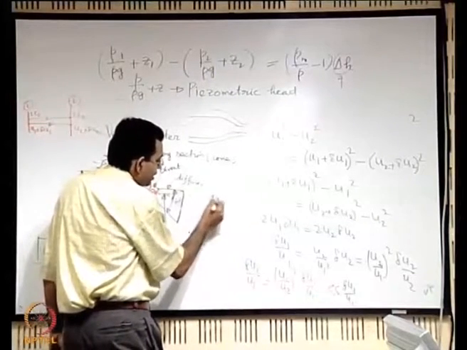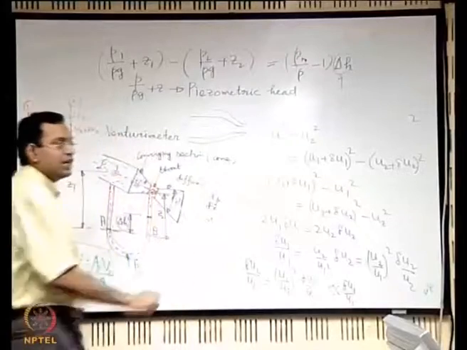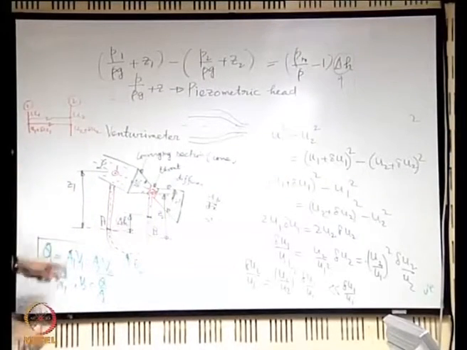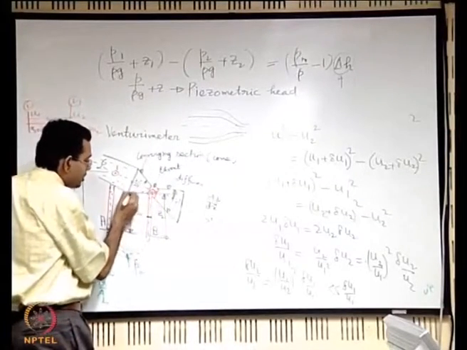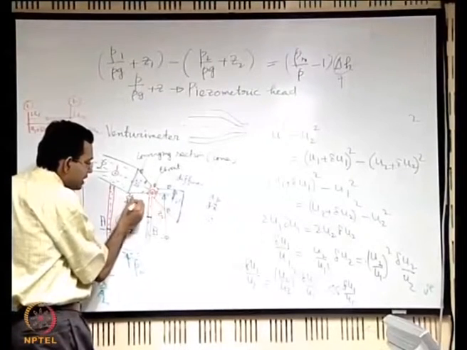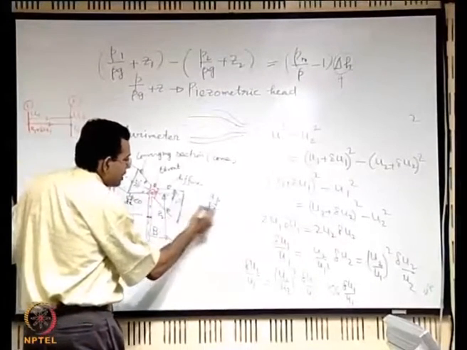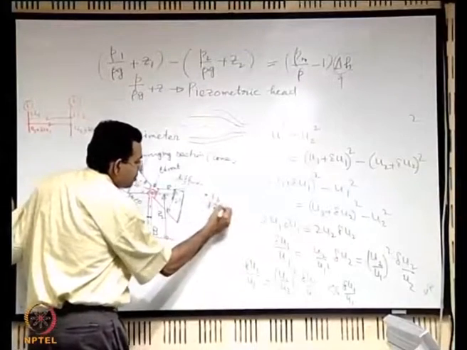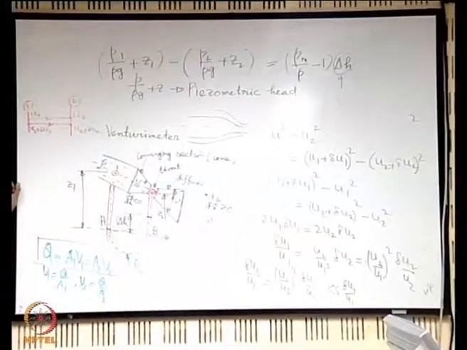So when pressure increases, if you consider the direction of the flow as x, you can write dP dx as the rate of change of pressure with respect to x. In the converging section, dP dx was what? Less than 0, but here in this particular section dP dx will be greater than 0 because pressure is increasing with x. What is the consequence?